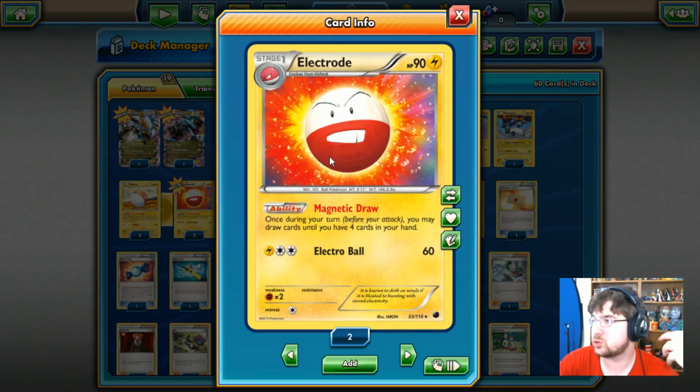We have the Electrode, 90 HP Lightning Pokemon with Stage 1. Has that Magnetic Draw, which is actually a pretty cool ability here, because once during your turn, you may draw cards until you have 4 in hand. So it's ideally an evolved Oranguru, which is really cool. We've seen what our Oranguru can do in Standard, and hopefully this Electrode can help us out a little bit in the